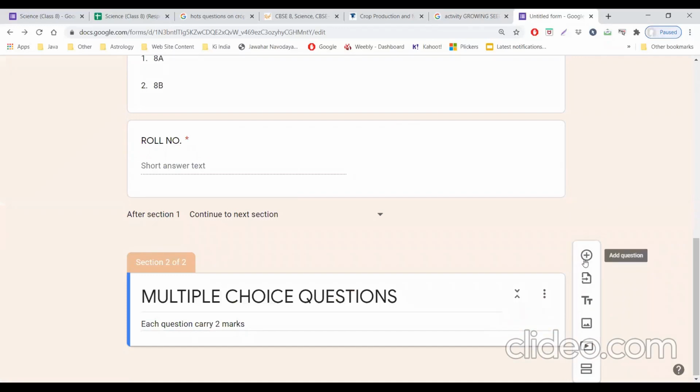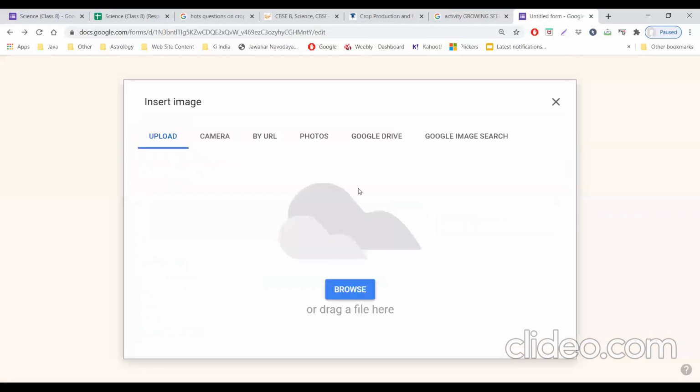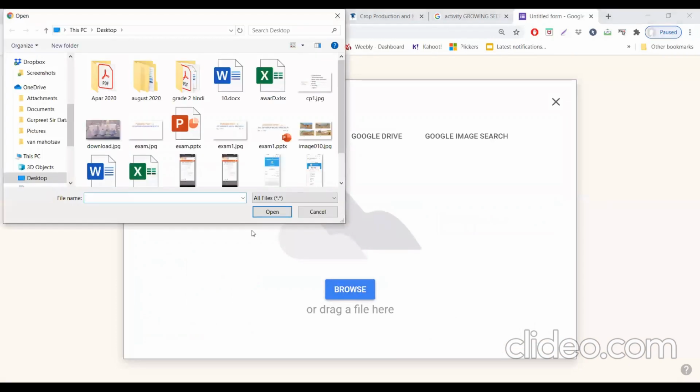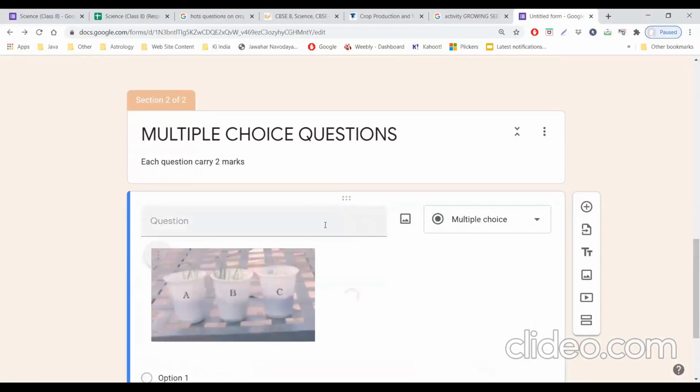Now add the first question. What I do generally, if I have a picture based question, then take a picture or upload a picture. Like I want to upload this picture. Okay, now my question is about the picture, so I will write the complete question here.